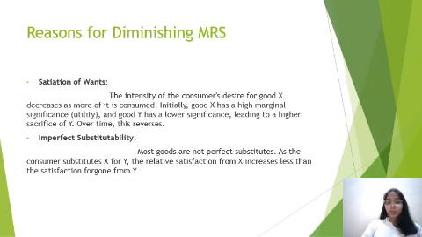The first reason is satiation of wants. The intensity of the consumer's desire for good X decreases as more of it is consumed. Good X has a high marginal utility and good Y has a lower one, leading to higher sacrifices of Y over time. The next one is imperfect